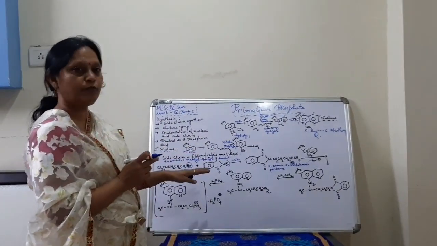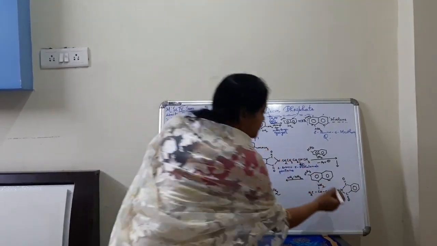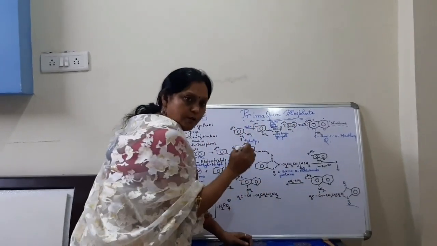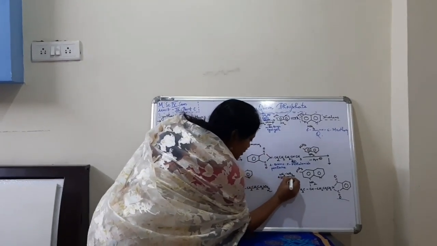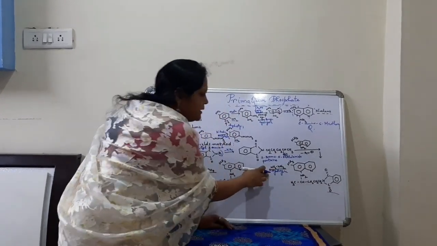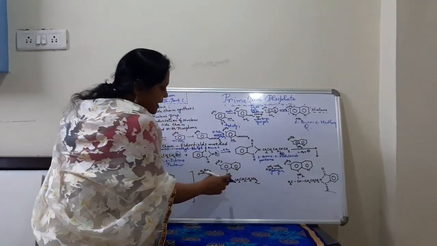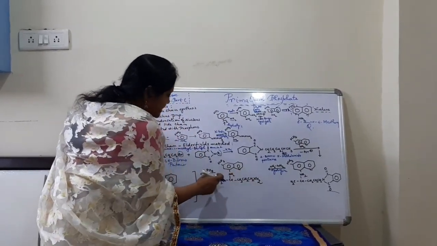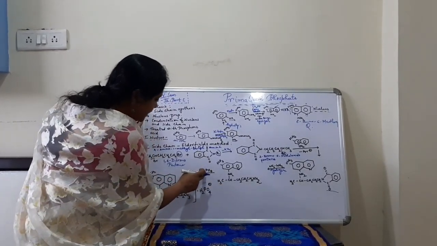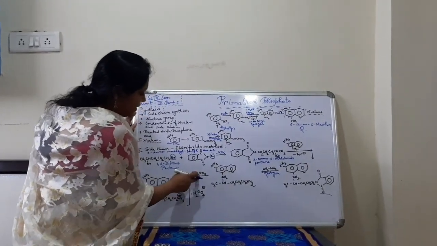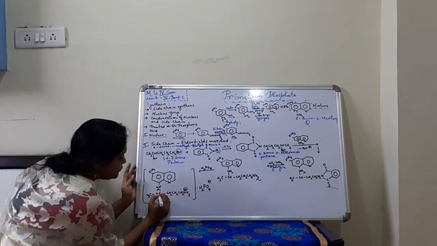Now what is the change we have to bring to convert into primaquine phosphate? We have to remove this phthalimide group, and for this the removal agent is hydrazine. You have studied all this in the case of polypeptide preparation, that this phthalimido group can be removed by hydrazine, and then we will get the complete side chain of primaquine phosphate, and then we will convert it to the phosphate salt by treating it with H3PO4. So we get primaquine phosphate.